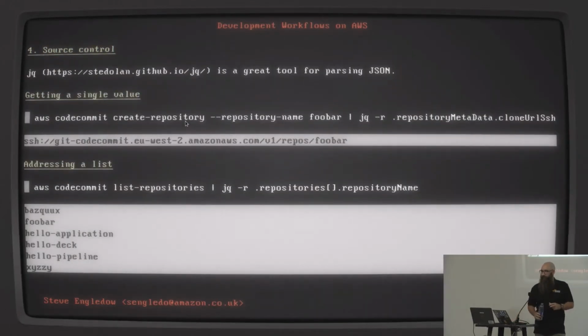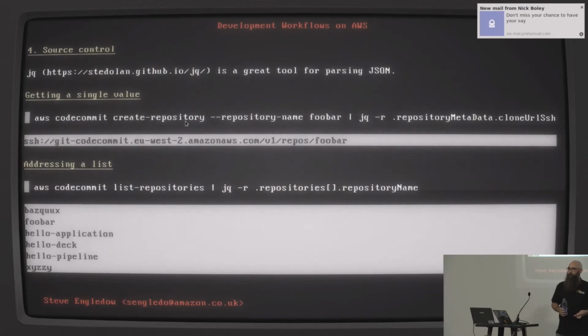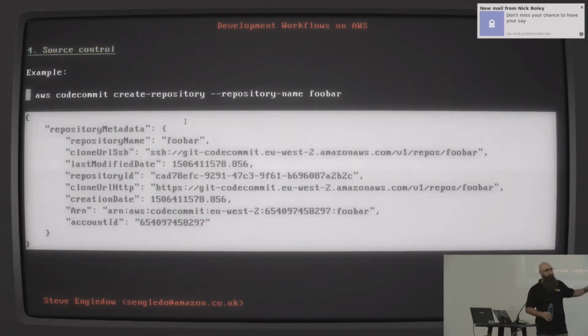I wanted to have a little aside here, just to talk about a tool called jq. Is anyone in the room familiar with jq? Yeah, fantastic tool. I can't think off the top of my head who wrote it, but it's fantastic. Essentially, it's a JSON parser that you can put into any bash script you like or use on the command line. So just going back to the previous slide, here's the output from a